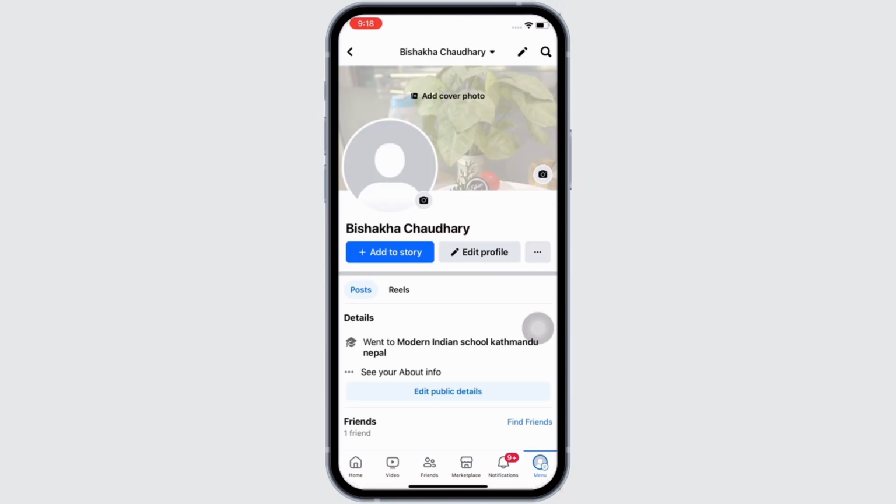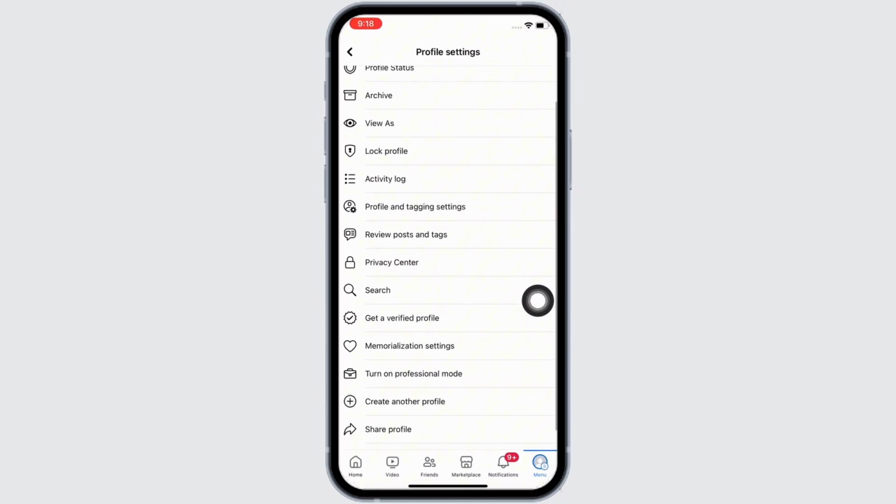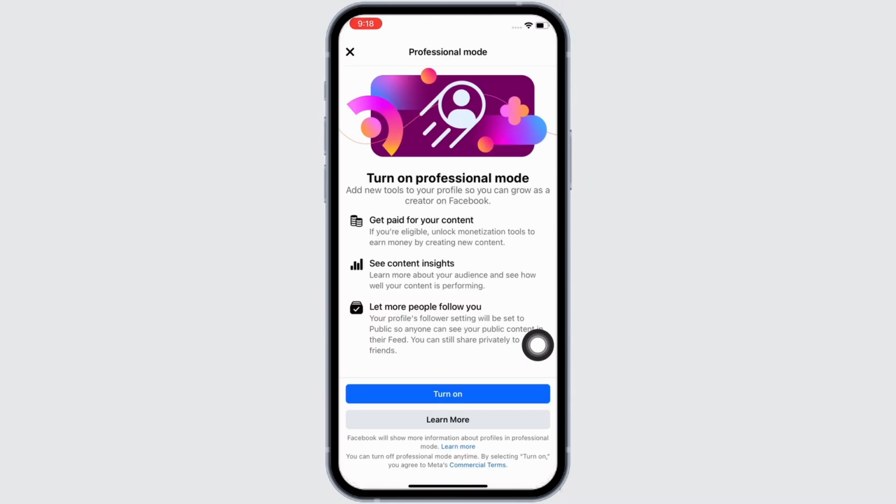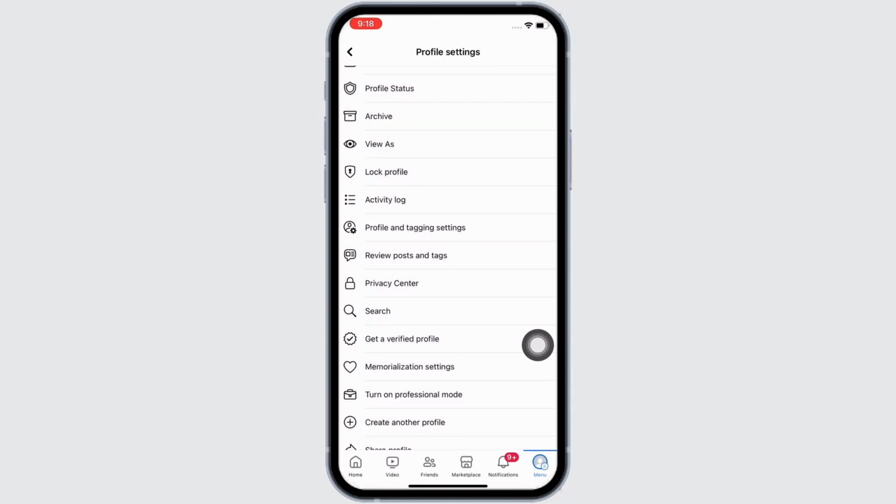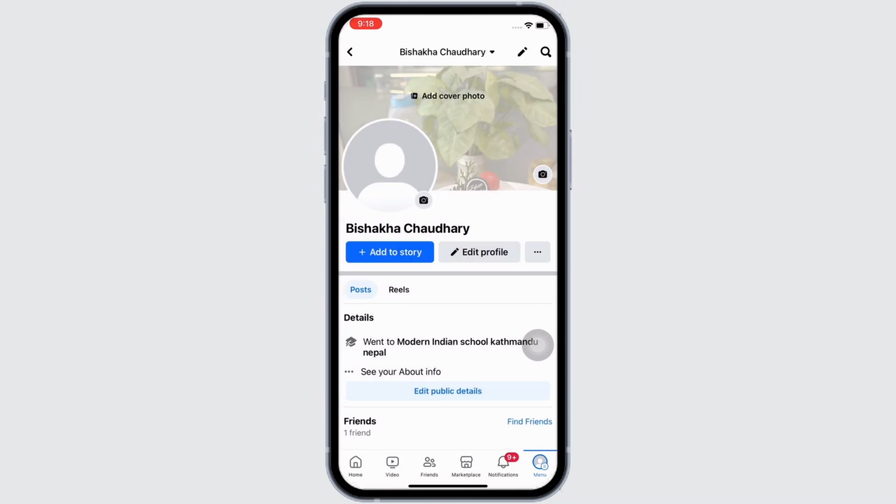Now, in order to lock your profile, you will have to make sure that you do not have the professional mode turned on your profile. So if your professional mode is turned on, then tap on the three dots beside the edit profile button and you will see the option for turn off professional mode. So tap on that, and once you have ensured that your profile is not in professional mode, go ahead and